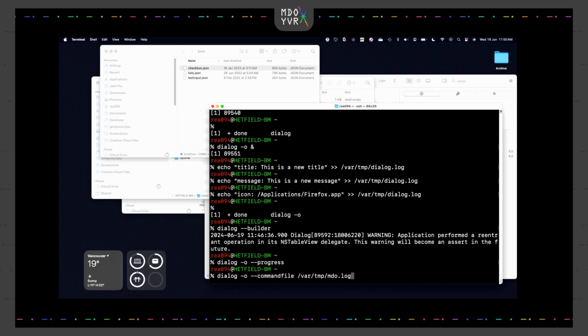You can put in any name you want. Generally what you might want to do is do a make temp, do a log file, so each dialog instance that launches up has its own command file. When dialog launches, one of the first things it does is it cleans out any existing command file that might have existed. So that shouldn't be a problem for most cases, but you can get into a situation where a